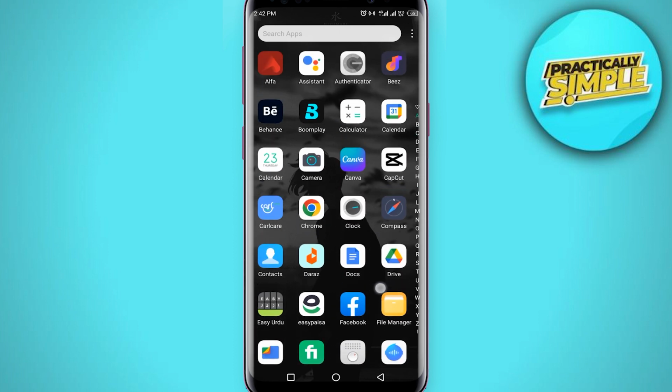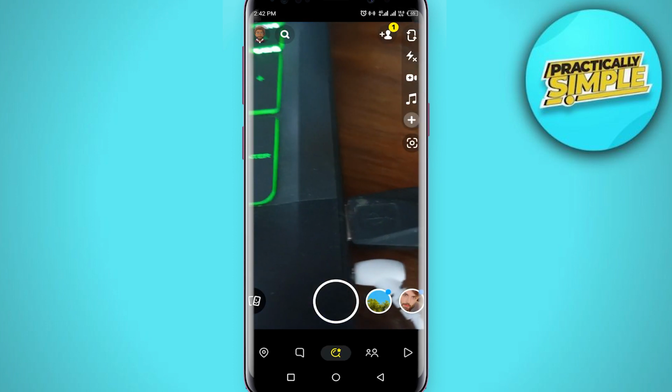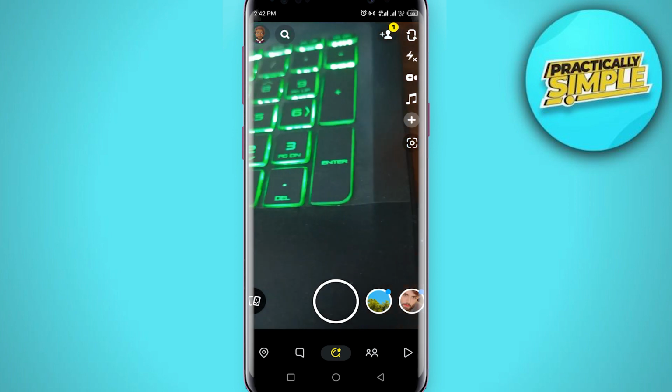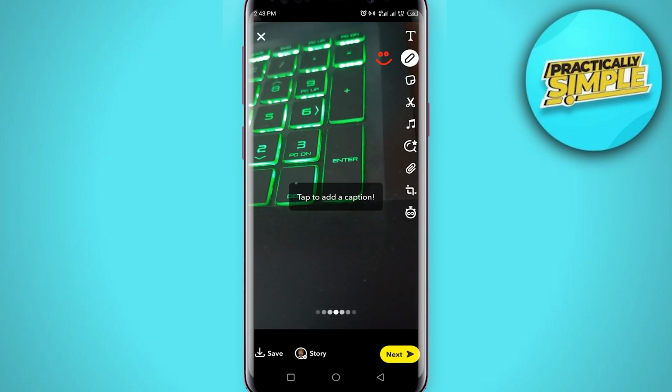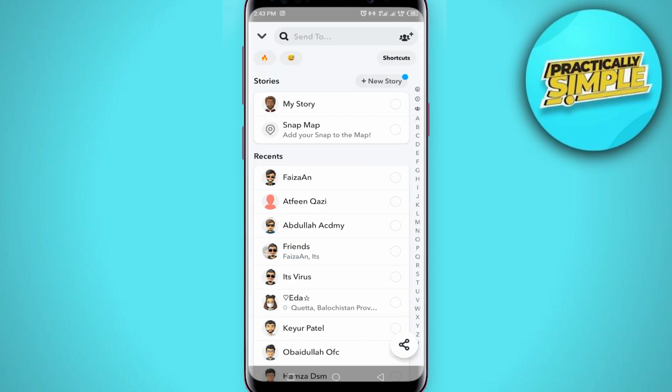Let's open the Snapchat application first. And the easiest way, we are just going to take a quick photo or a video. You have to share this, but it will help us to set everything. Let's hit this next button, and the key here is if every single time you want to send to all of